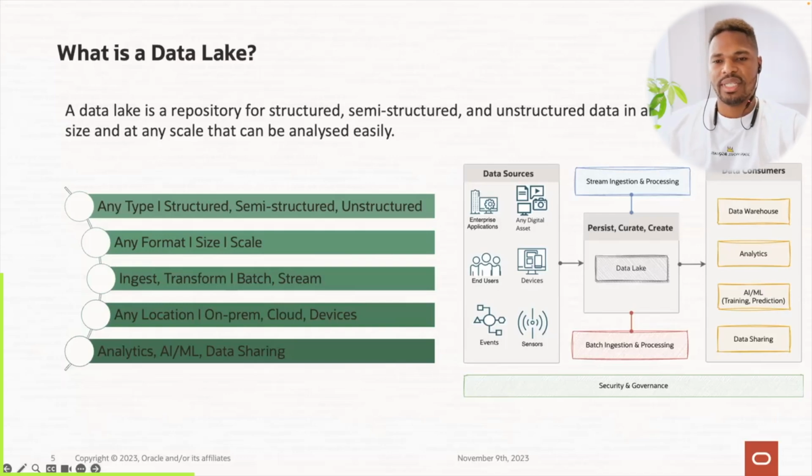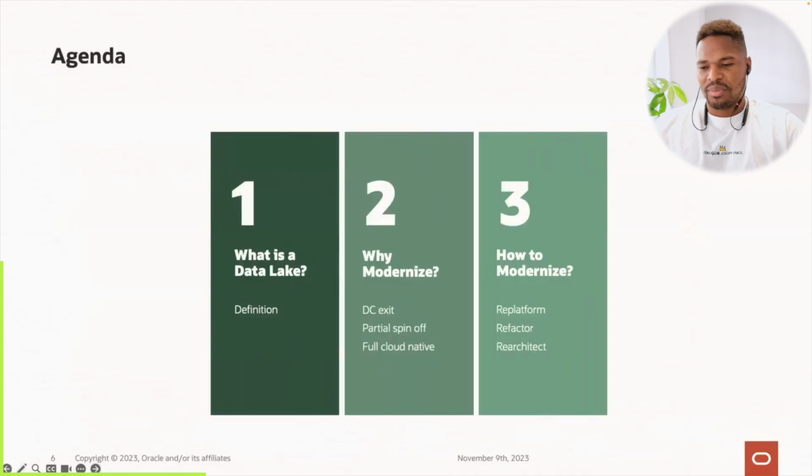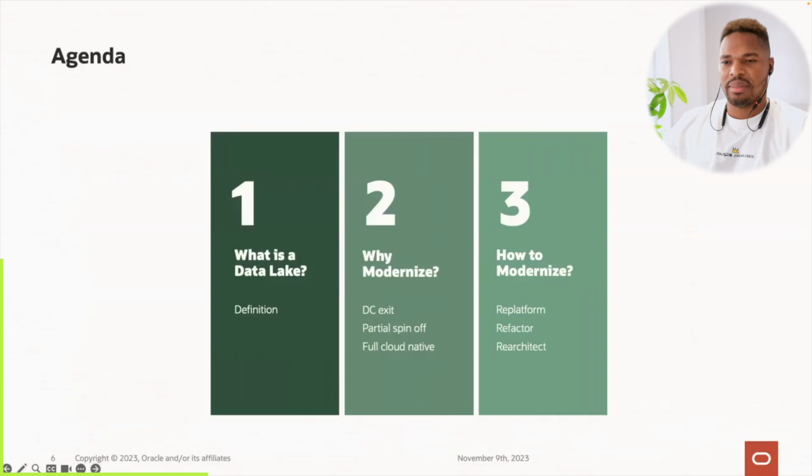So an important thing that you have on the lower end of this view is the security and governance layer. So I'm very happy that in the poll you have responded that data quality is one of the main issues. So I believe this will be reflected in terms of governance and security on top of the capability to process the data and make sure that it's of high quality. So this is it for the definition of the data lake. I wanted to keep this one short, so we will have more time to talk about the migration to your